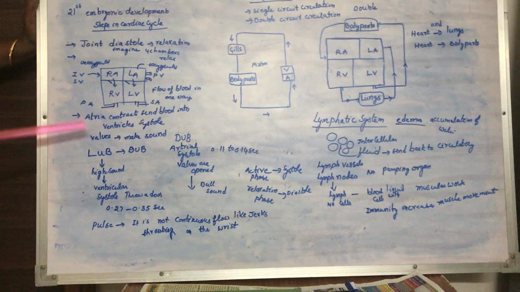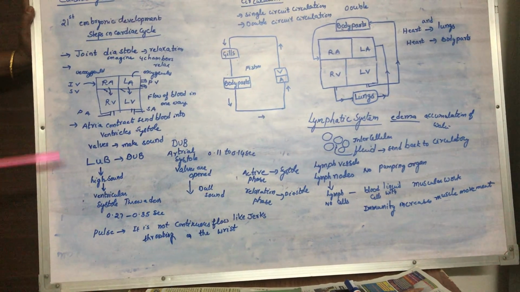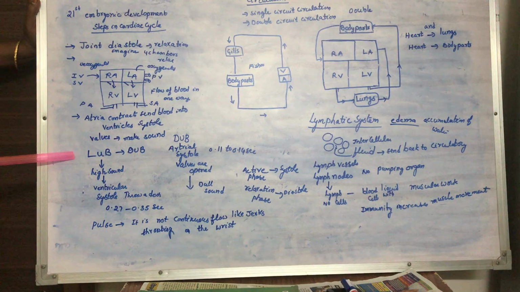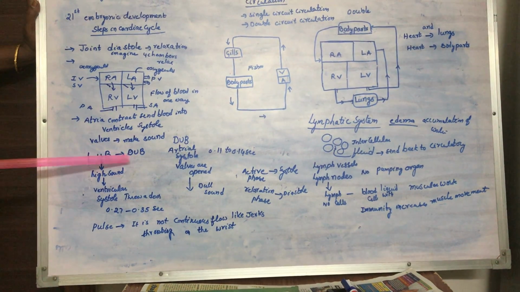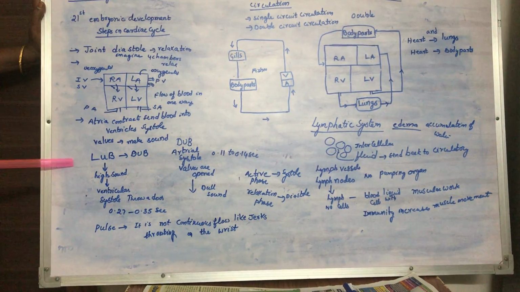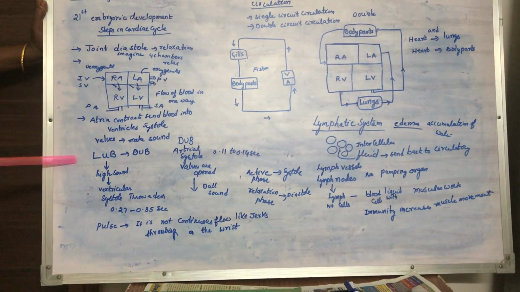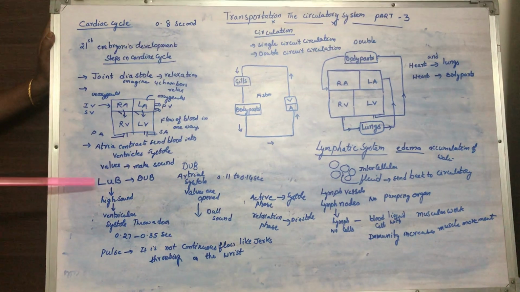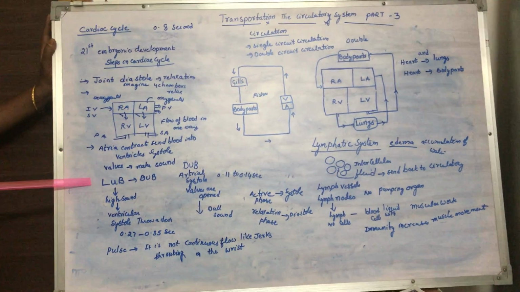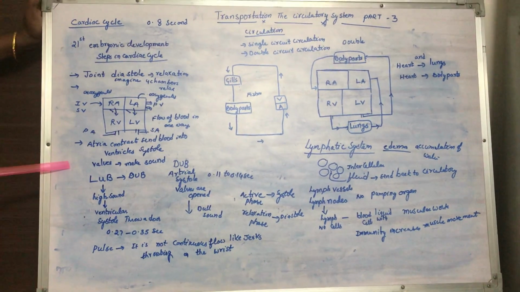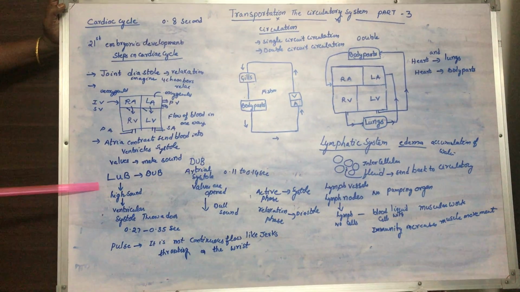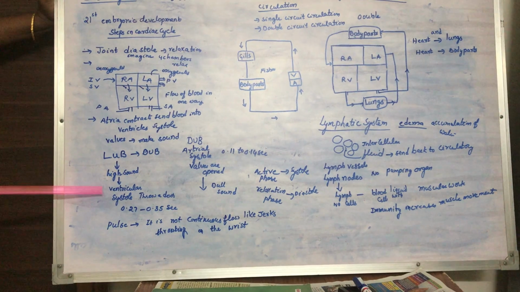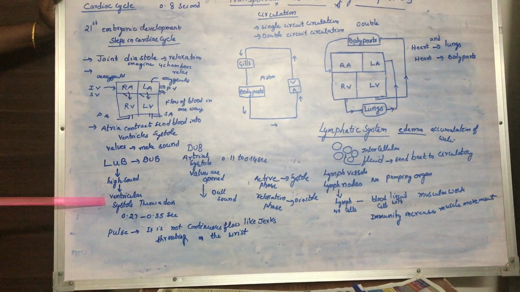Now when you listen to the heartbeat, you come across two sounds, lub and dub. The heartbeat can be heard as lub and dub. Already I said we use an instrument to measure the heartbeat, called a stethoscope, which was discovered by René Laennec. And lub, dub are the two sounds you hear when the heart starts pumping the blood. Lub is a very high sound. This lub is heard during the ventricular systole.